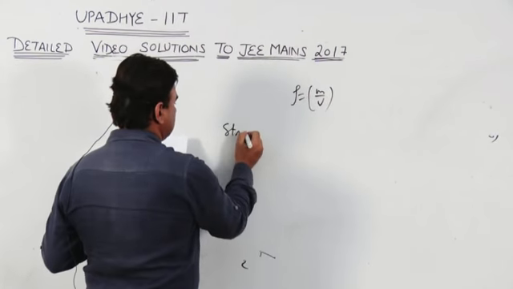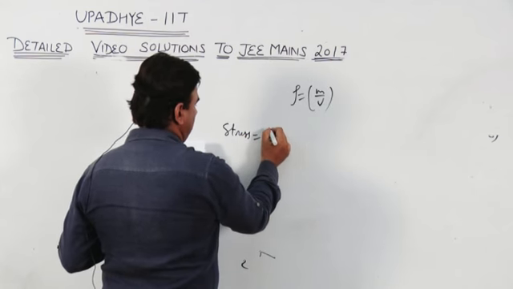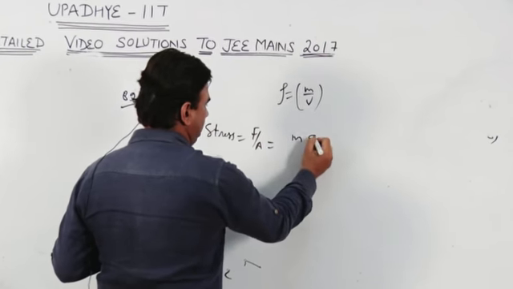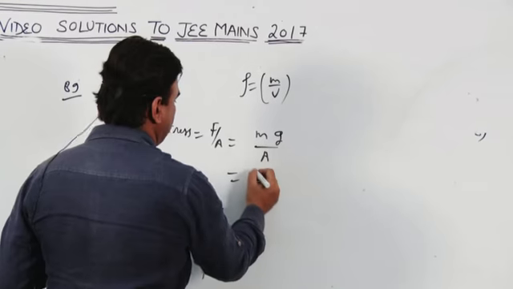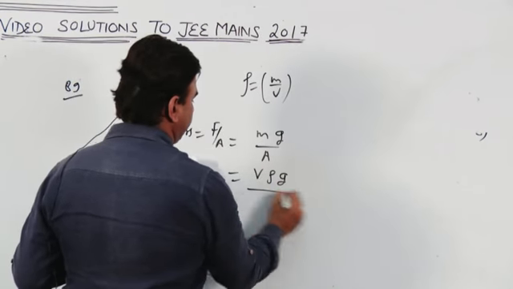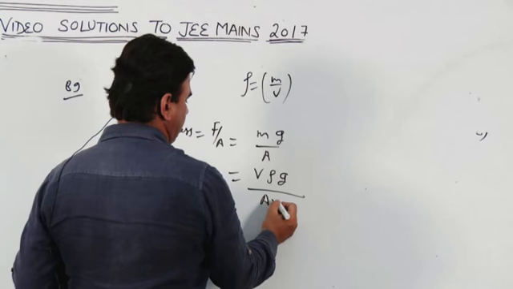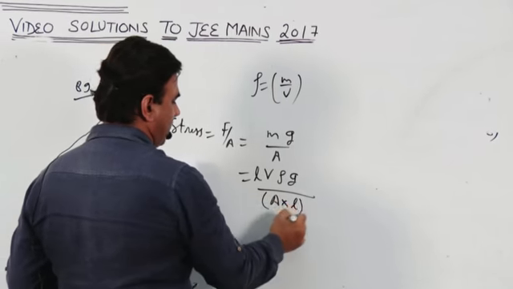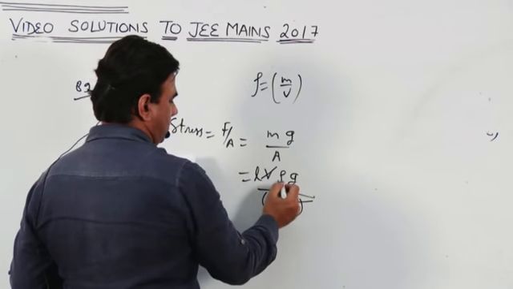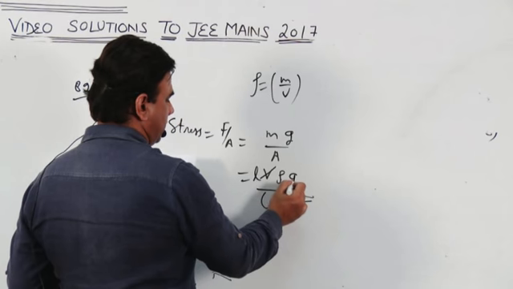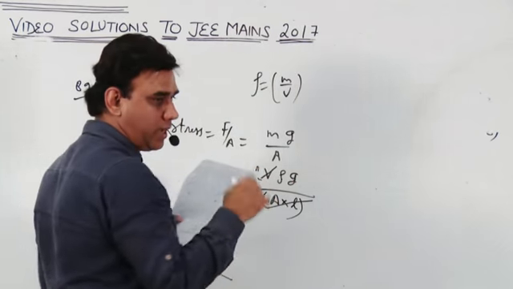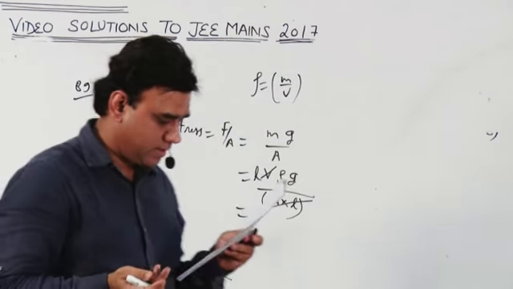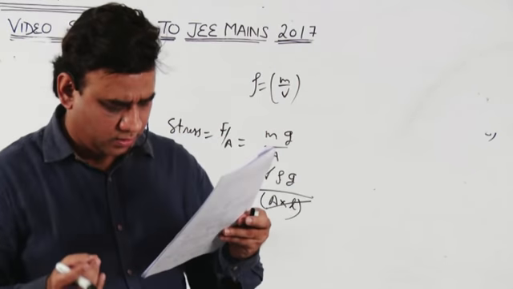So stress is nothing but force per unit area, and the force of the person, that is the weight, mg upon area. So m is nothing but V into rho into g, and this A. And if you multiply with L here and L here, A into L becomes volume, which gets cancelled. Rho is constant, g is constant. That means only the linear dimension, length or height, remains. So stress, every linear dimension is increasing by 9. So the correct answer will be 9, that is the fourth.